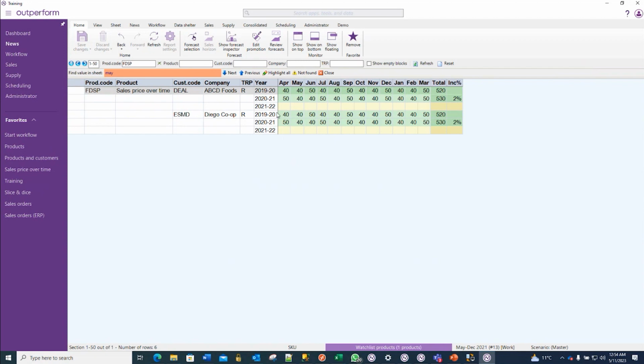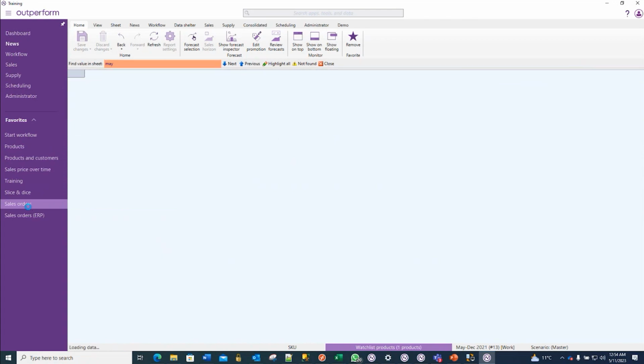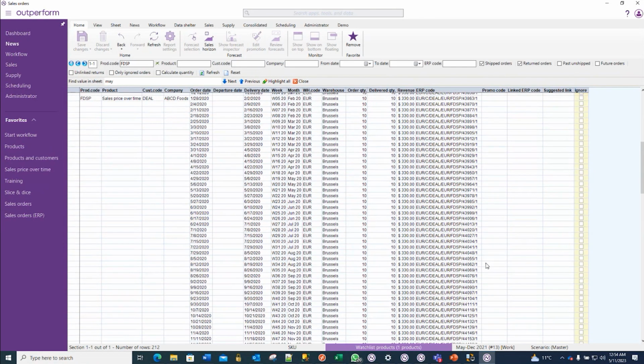In this demo data set, the date is April 21. So we're a little bit behind the time, and therefore 2020 and 2019 are our 2 history years. Where do these historical sales come from? Obviously from our ERP system. They are imported over the sales orders table, and then they are present as sales orders in all their glorious